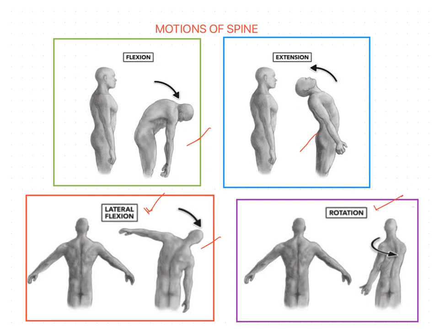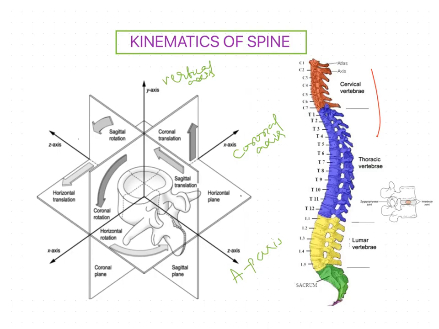These coupling patterns available in the spine are complex and differ from region to region, because they mainly depend upon the spinal posture and curves, the orientation of the articulating facets, and the fluidity, elasticity and thickness of the intervertebral discs, as well as the extensibility of the muscles, ligaments and joint capsules. All these affect the coupling patterns.